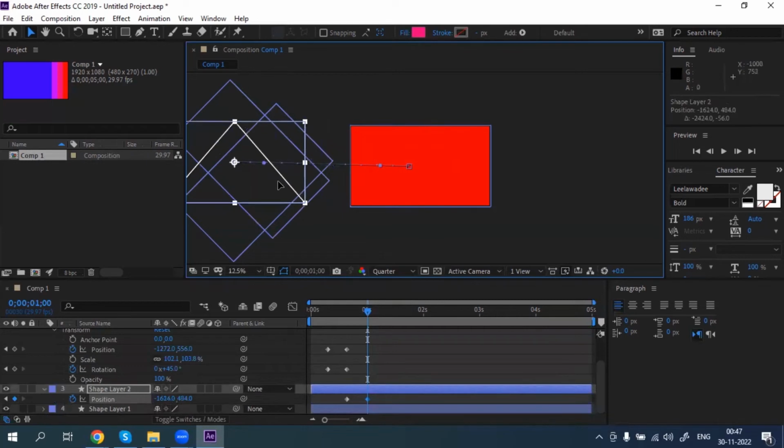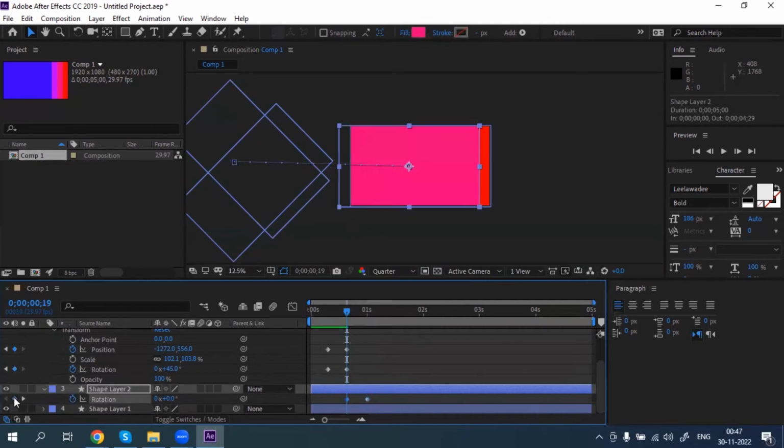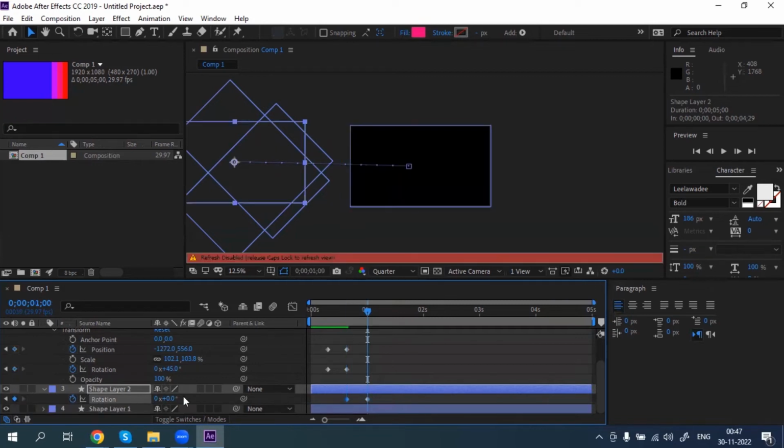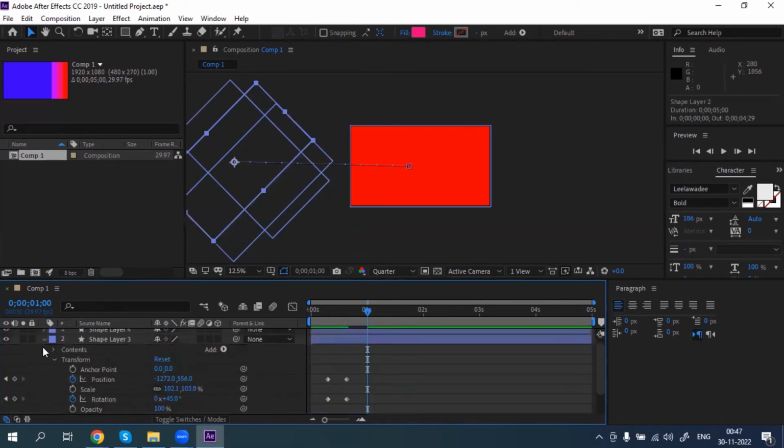In the same manner, we are changing the rotate position also, like here and here. For this last one, we are going to change the rotation to minus 45, like the first one. So first and third will be similar, and the second and fourth will be similar. So going the same way,